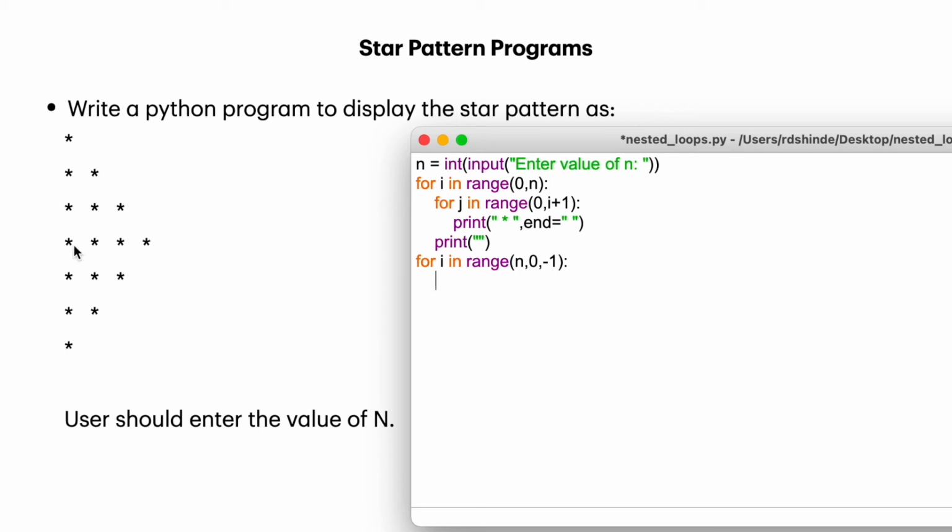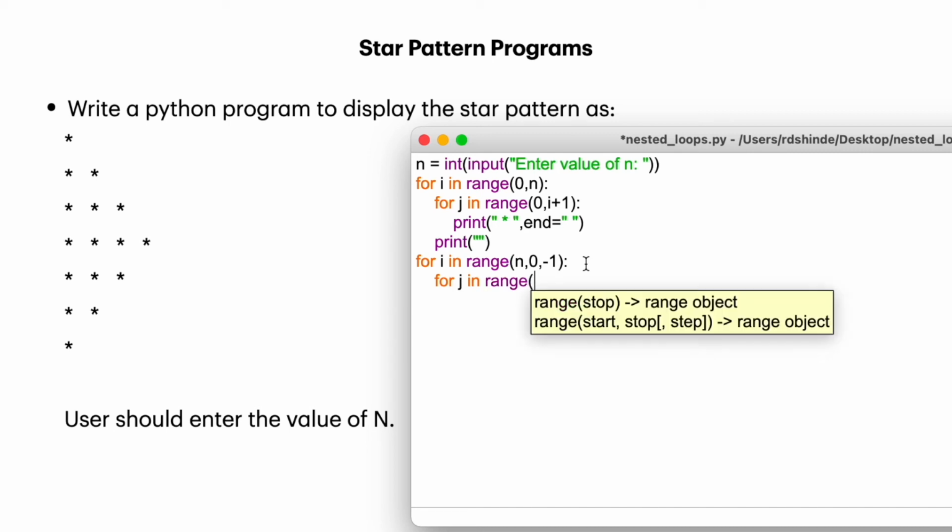Why? Because we don't want to repeat this line. This line is already printed in this code. We don't want to repeat our row, so our value of rows should be less than the previous one for printing this pattern of decreasing stars. So we are writing here n, and we are going till 0 and decreasing the value by -1. So this is the difference. Now another for loop, and for j in range, what is the range here? Range is from 0 to i minus 1.